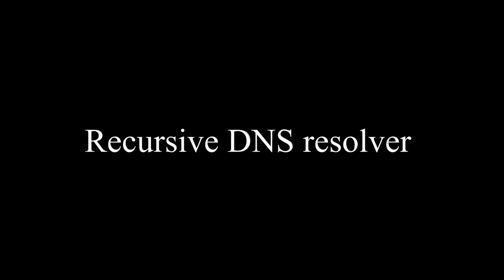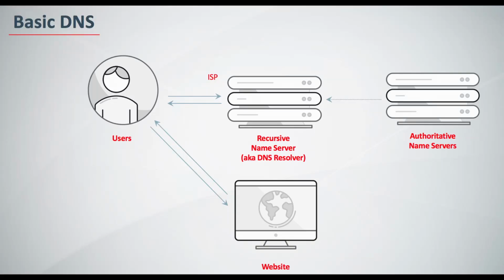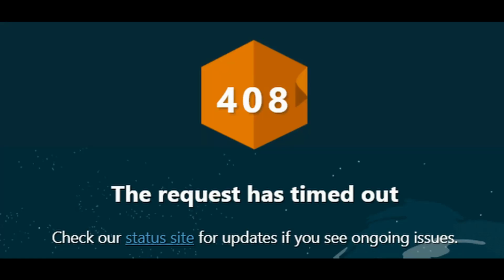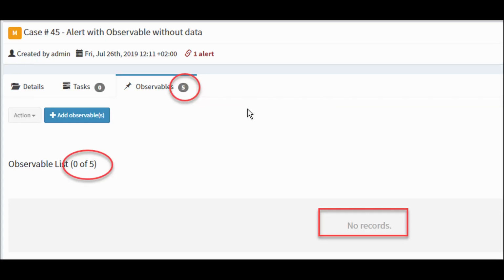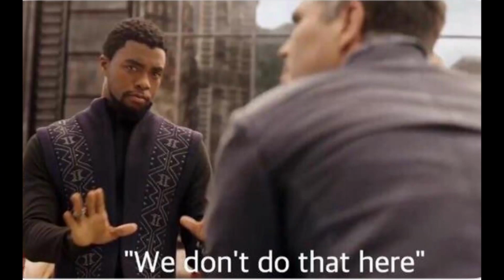Let's talk about the recursive DNS resolver. The recursive resolver is the computer that responds to a recursive request from a client and then takes the time to track down the DNS record. It does this by making a series of requests until it reaches the authoritative DNS name server for the requested record, or time runs out, or an error message is returned if the record is not found. Luckily, a recursive DNS resolver does not always need to make multiple requests in order to track down the records that are needed to respond to a client.